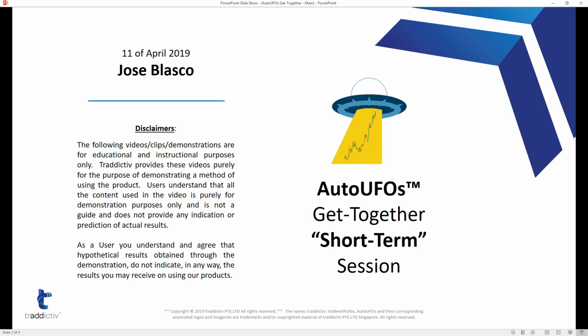Normally we've been running sessions on Tuesdays and Thursdays, isn't it? And this week is a little different in the sense that we are doing a short-term session on Thursday, which normally is longer term. And tomorrow, Friday, we'll do the longer term, which normally would be today, right? So we have changed a little bit of the sequence of the sessions. Just a little different, okay? But anyway, we'll get started and we'll do what we do, okay? Been missing you guys since last Sunday.